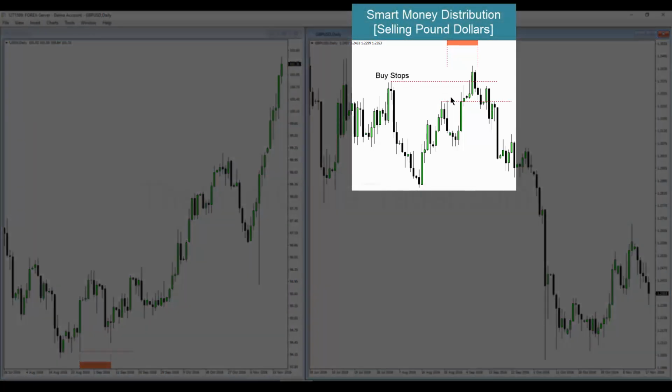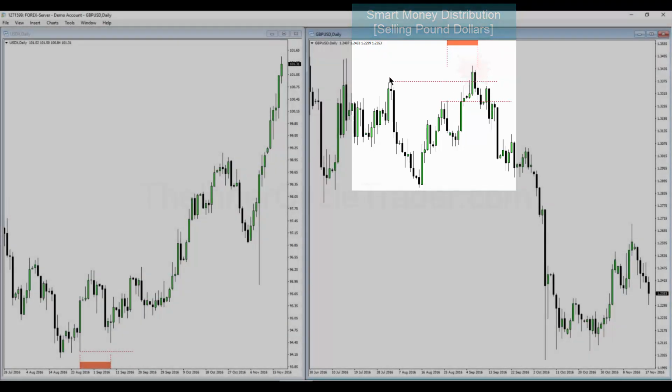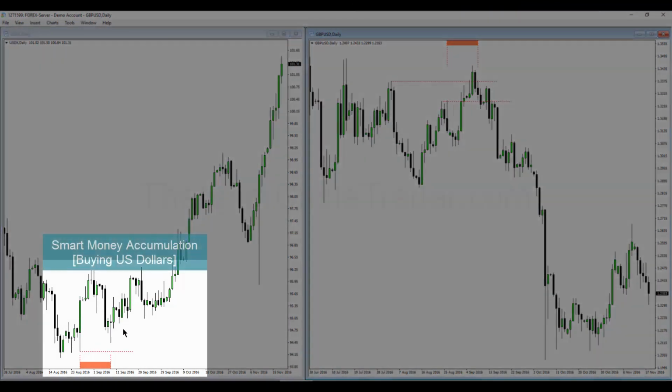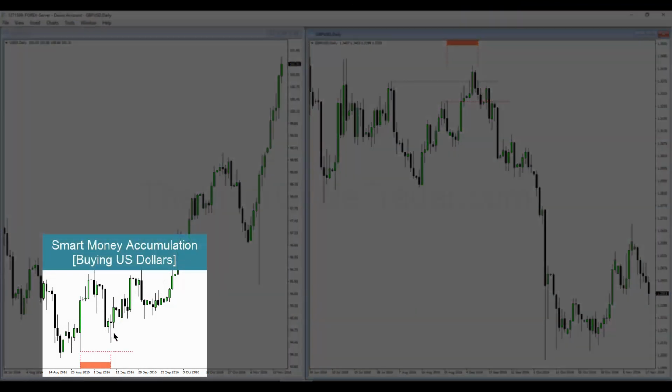Buy stops. Why would they want to take the market up to a buy stop? Because they want that buy stop to execute at the market to buy at the market. They're going to sell their long positions they accumulated here and they accumulated here. They can sell those longs at a higher price to willing buyers up here. This is being distributed. It's being distributed at an old high while the accumulation is seen in strength